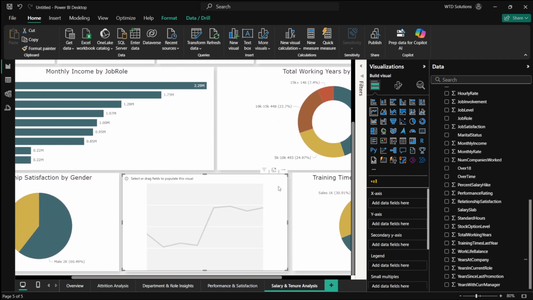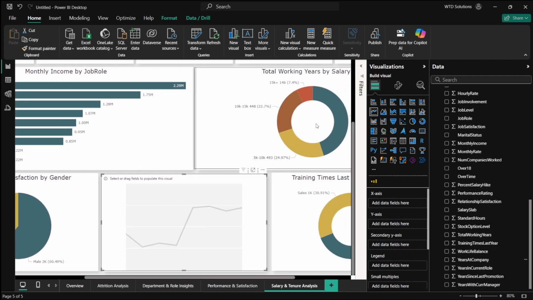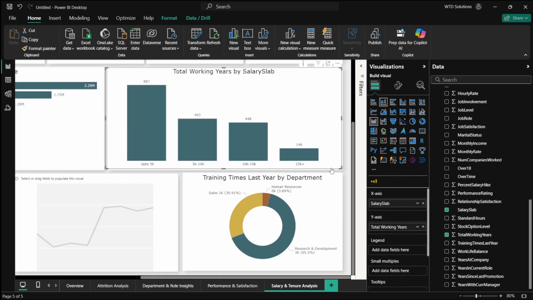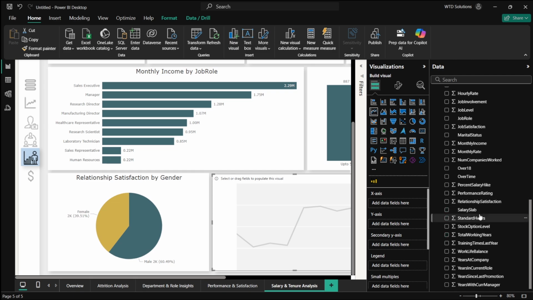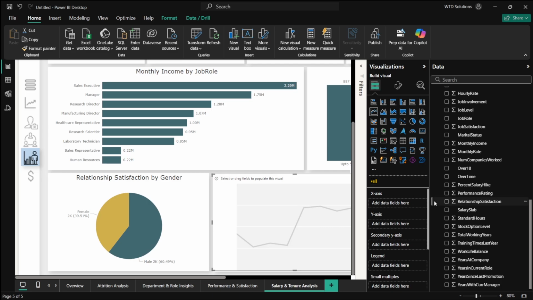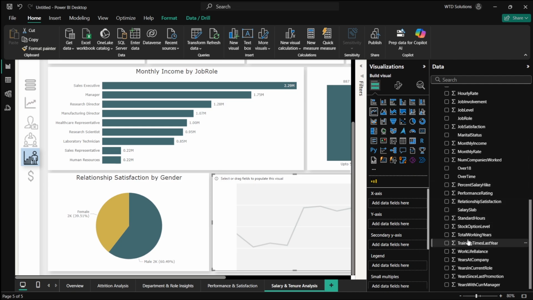Let's find monthly income by job load. Attrition level session by age. Training time. Let's change this graph to this, and let's guess, is there any increase in the salary by department? Yes, monthly salary department increase, and we can find out the